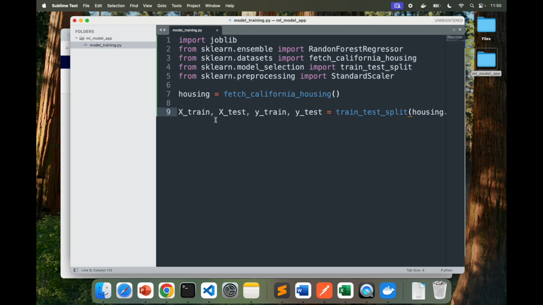So in this particular case, this splits the data into training and testing sets, as the names mention.